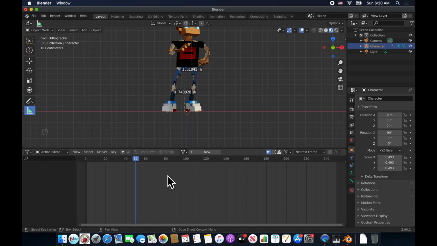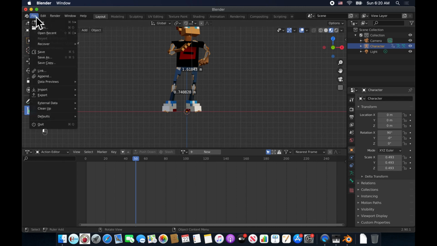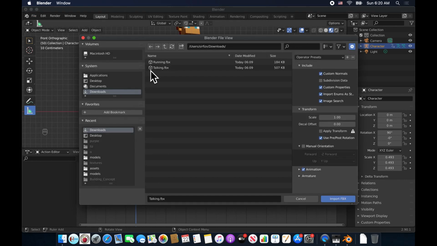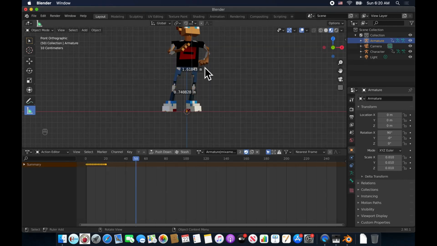The next thing I will do is I will go and import the second animation. So we'll go import FBX. This time it's going to be the running animation. So once we import the running animation, you'll see the animation data will appear here. We'll click in here and we'll rename that